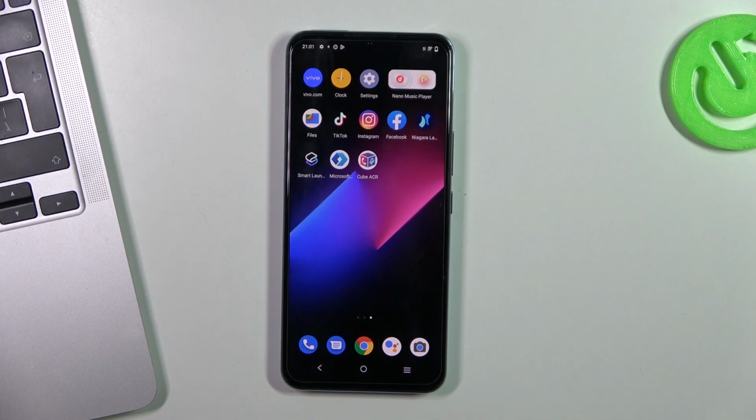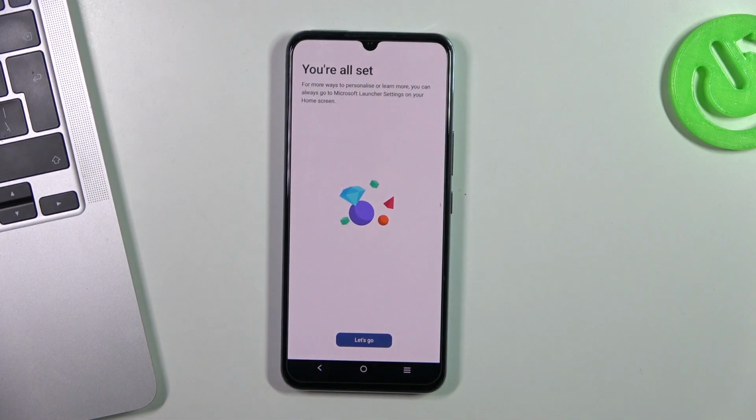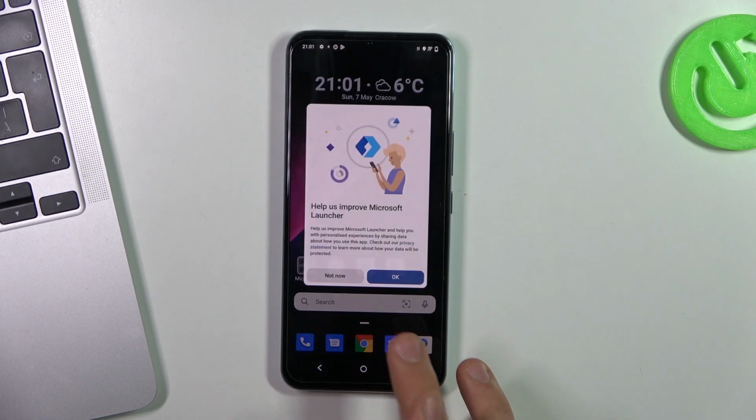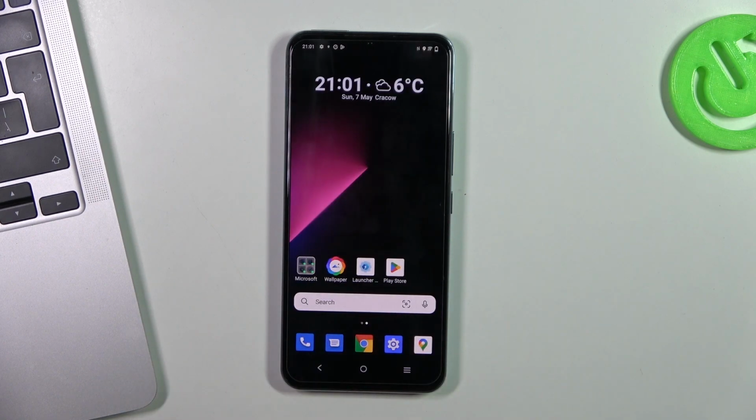Okay, in first place in my humble top is Microsoft Launcher. I don't know why, but I have been using this launcher for years. Of course I can explain why I love this launcher, why I like it. First reason is